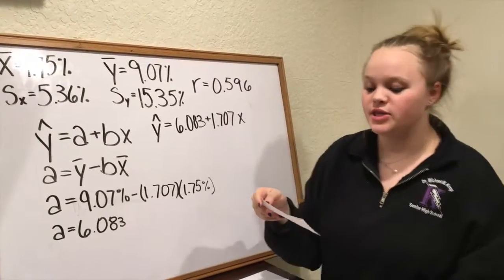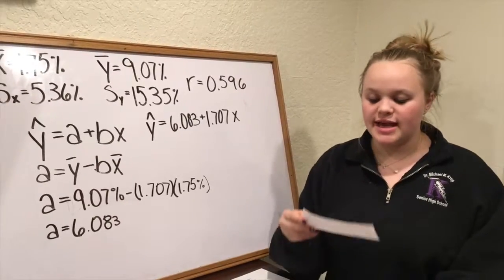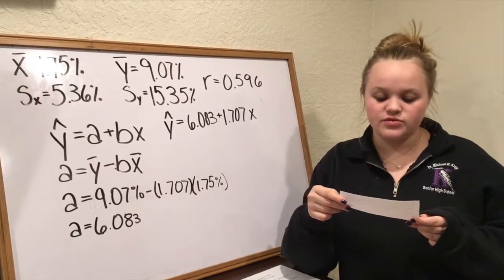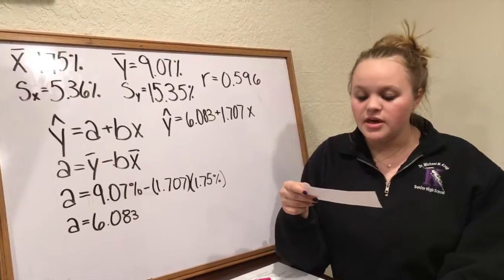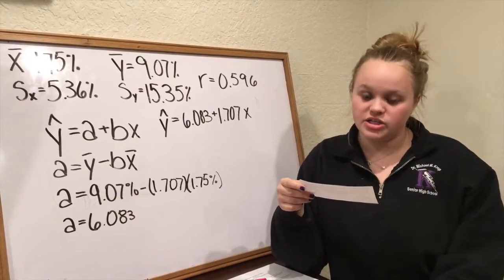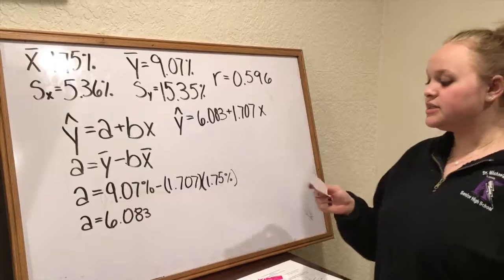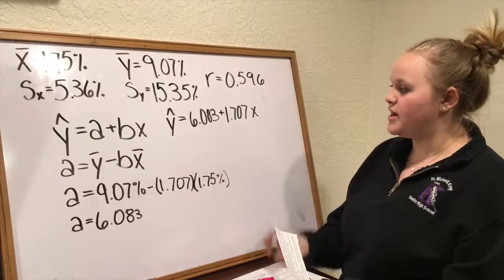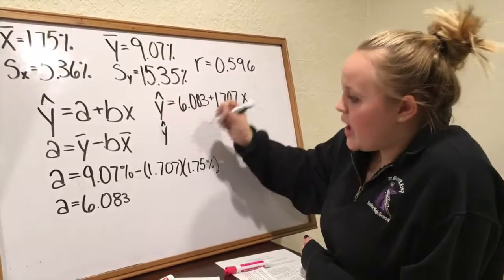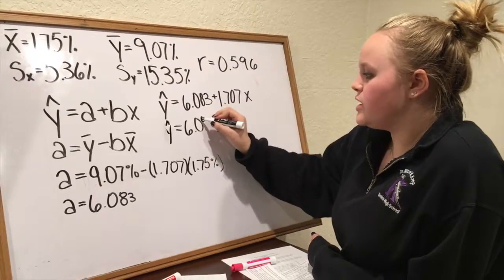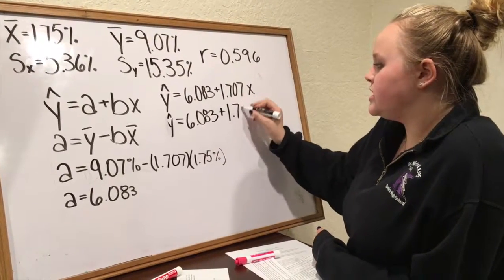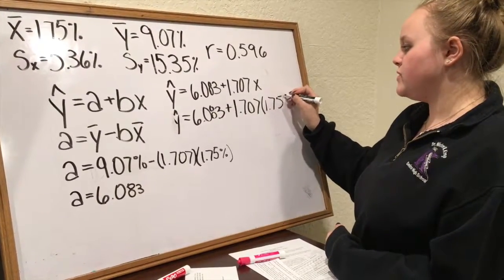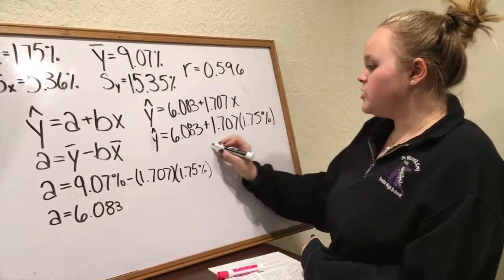For number 2, part B, the question says, the mean change in January is x bar equals 1.75. Use your regression line to predict the change in the index in a year in which the index rises 1.75 in January. Why could you have given this result without doing the calculations? Well, to figure out this question with the calculations, we would just have to plug in 1.75% as our x. Y hat is equal to 6.083 plus 1.707 times our x value that was given as 1.75%, which is then equal to